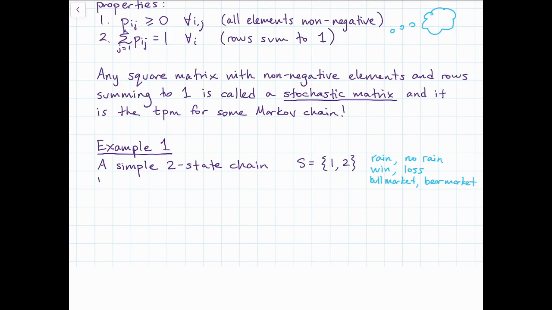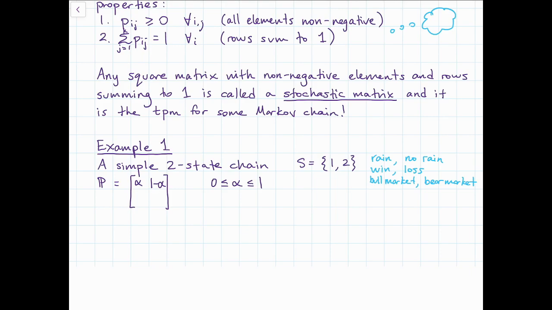So for our transition probability matrix, we know it's going to be a 2x2 matrix because there are two states in the chain. And the other thing we know is that the elements are non-negative and add up to 1. So let's see what this matrix has to look like. Imagine that first component there is alpha, and we know that alpha must be non-negative. And then we also know that the rows have to sum to 1, which means this term there has got to be 1 minus alpha, and that also means that alpha must be less than or equal to 1, because otherwise that element there would be negative. So that gives us our first row.